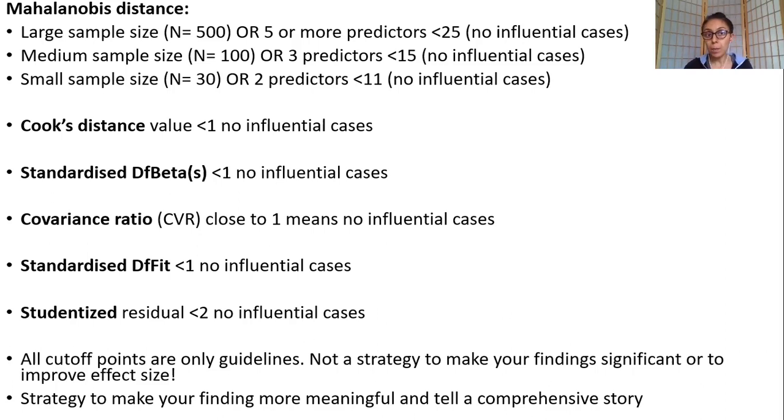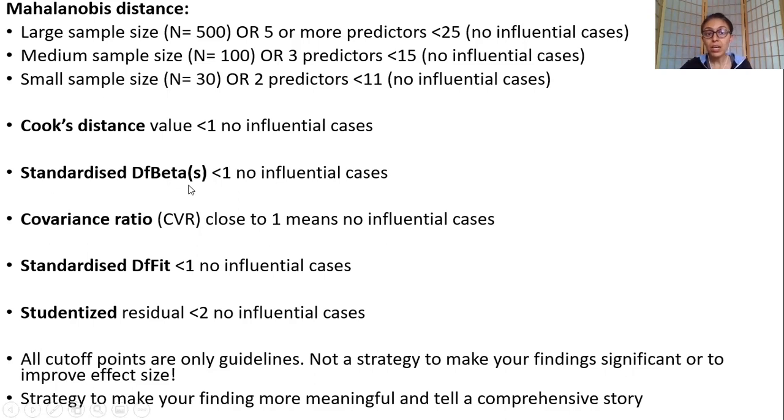So all of these, just be familiar with these terms, students, because when someone teaches you in the other unit how to actually calculate these values, you know what they stand for. These values are important indices to identify influential cases. Okay, so that is what you're doing. So you're not just randomly clicking buttons, which a convener is advising you to. You know the rationale behind why you're clicking these buttons. Okay, so Cook's distance values less than 1 mean no influential cases.